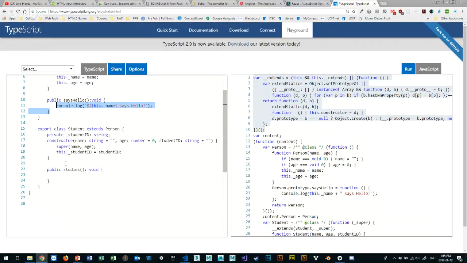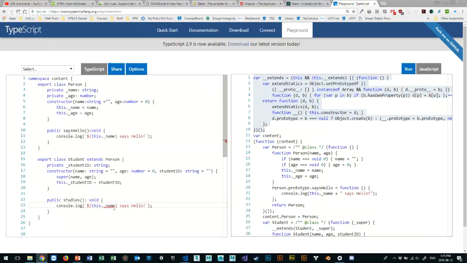let's grab this thing here just to end this example, because I don't really want to go into too much detail. This is just for you to understand at a very high level. And notice that this.name isn't found because I made it private, but I can also turn this to protected, or I can create other kind of syntax, which is what you should do. The three are public, private, protected, which you should all know about right now. So instead of this studies, instead of says hello, we'll say is studying,